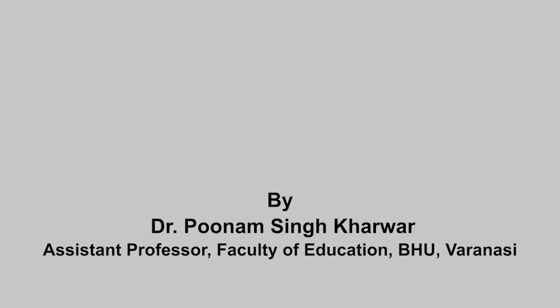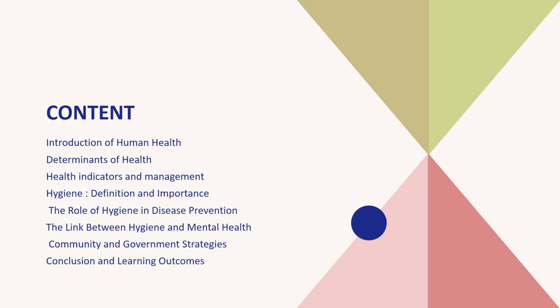Welcome dear students. Under the course name Determinants of Quality of Life, the topic is the Concept of Human Health and Hygiene. Content included in this module is Introduction to Human Health, Determinants of Health, Health Indicators and Management, Hygiene Definition and Importance, the role of hygiene in disease prevention, the link between hygiene and mental health, community and government strategy, conclusion